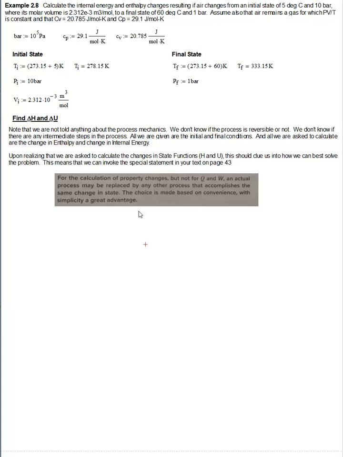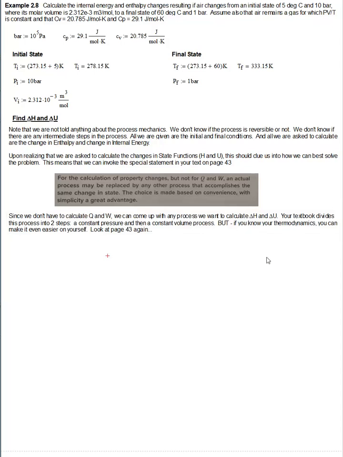Students that aren't real sure about what to do will say, well, I've got pressure and temperature and volume changing. How in the world am I going to calculate delta H and delta U? I don't have constant pressure, I don't have constant volume processes. Well, the answer is, since we don't have to calculate Q and W, we only have to calculate delta H and delta U, we can figure out any other process we want to accomplish the same state. And if you look at the solution that your book does on page